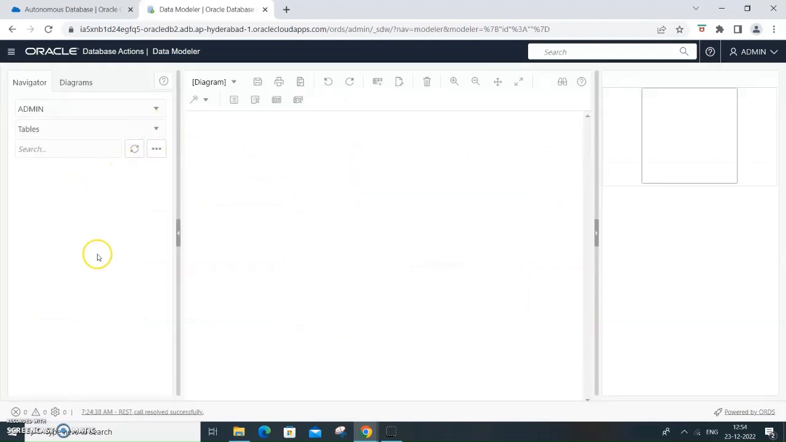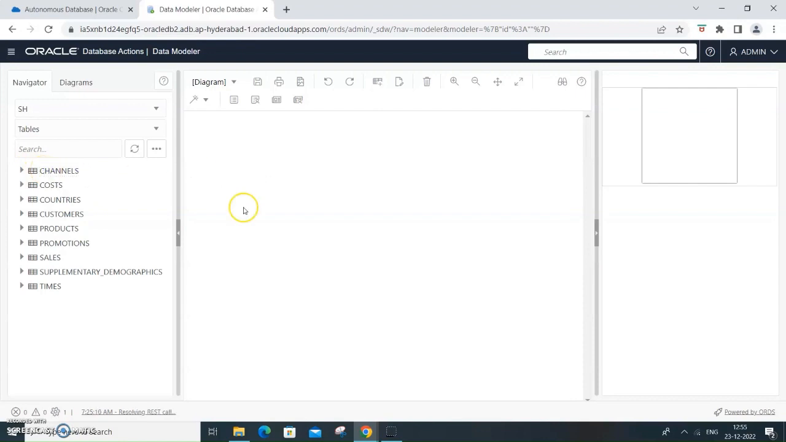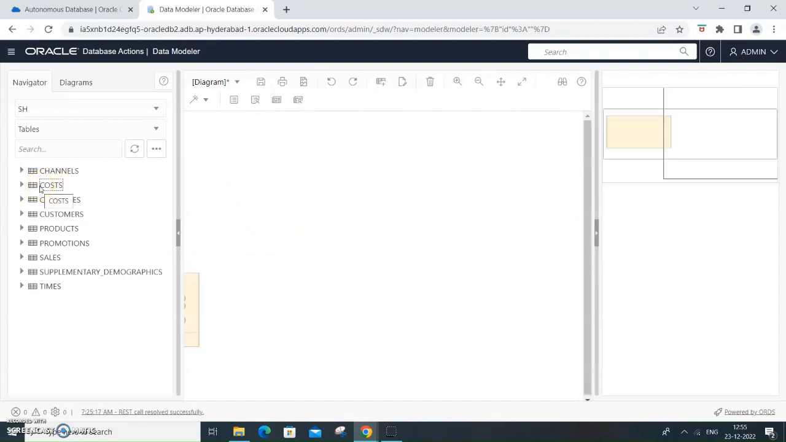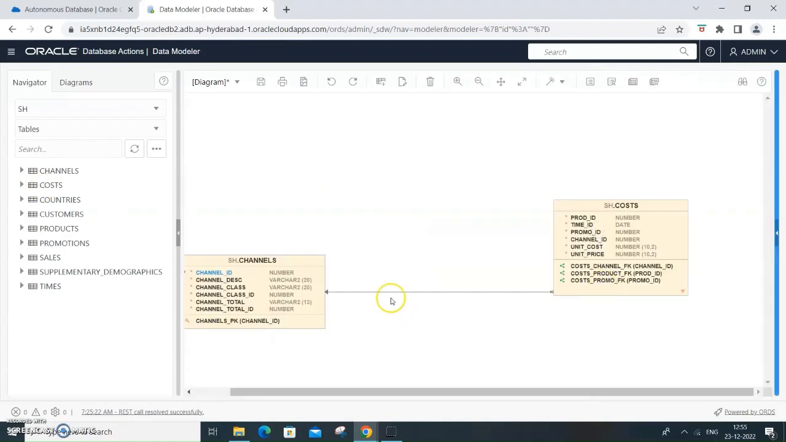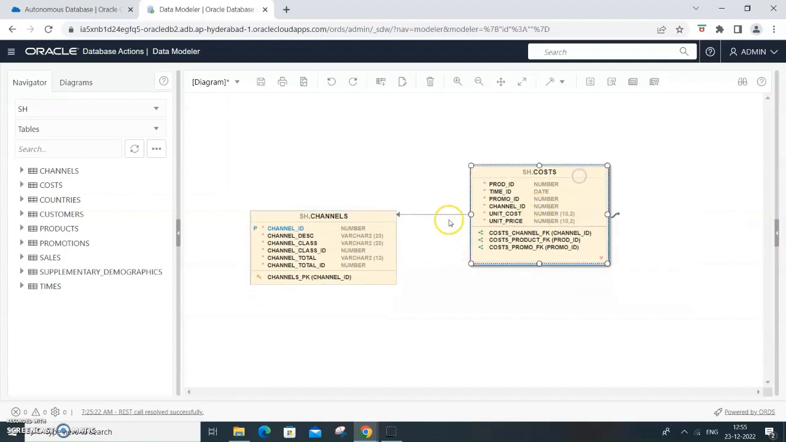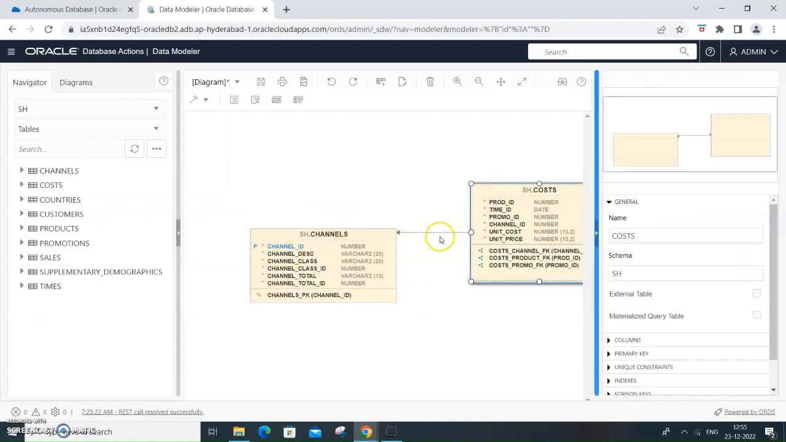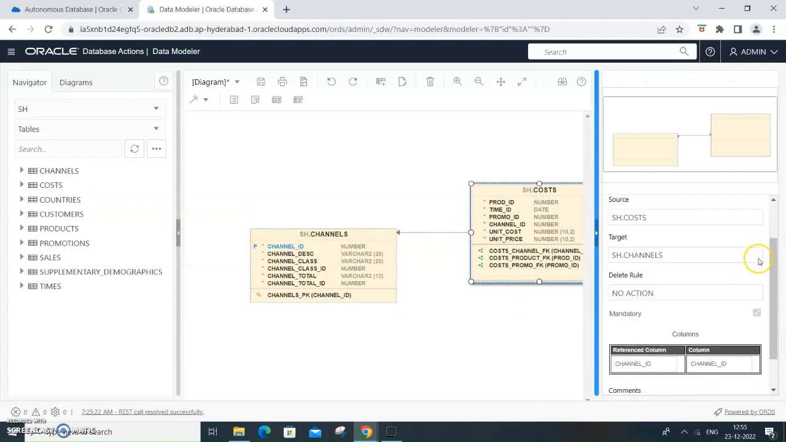So here it is. Say for example, instead of admin, let me bring down another schema where some test data are available, the SH schema, and its associated tables. If I want the data model, I can drag and drop over here, and similarly the customers as well, channels and customers. So that brings in even the database joins I am able to see. Let me make it smaller. And then if I click on the join,